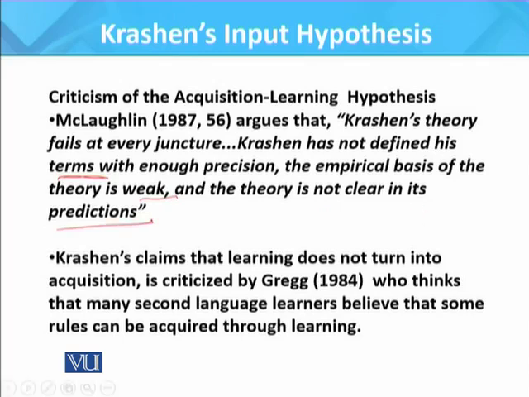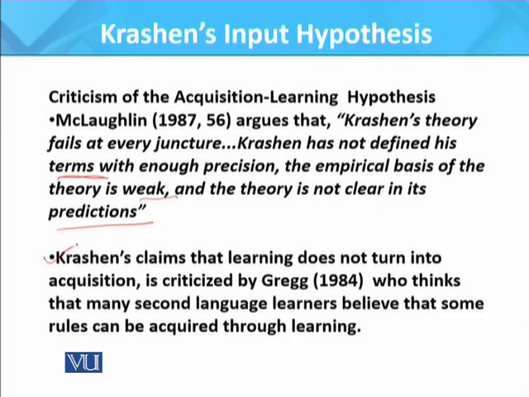His emphasis is basically on the distinction that Krashen has made between subconscious and conscious learning. He thinks that if Krashen says acquisition is subconscious, it basically refers to acquiring language based on feelings, and if by conscious Krashen means the understanding of grammatical rules, then it is rule based. But there is no evidence to state whether learners, when they are acquiring or functioning, are doing it on the basis of rules or on the basis of feelings.